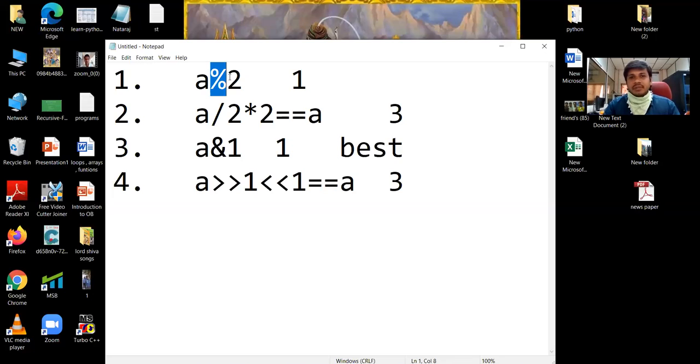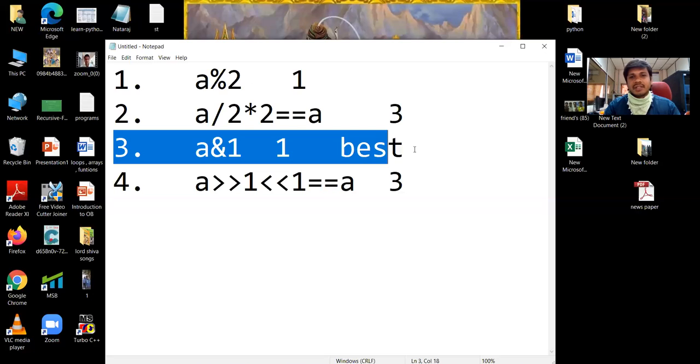Bitwise operation will work faster when compared to arithmetic operations, because arithmetic operations run some kind of algorithm at the back end and it consumes time. But here it will be dealing directly with bits. What is stored in memory is stored as bits, and it deals directly with bits, so this works faster than this one. So the third logic is the best logic to calculate whether the given number is even or not. Okay, I think you people got